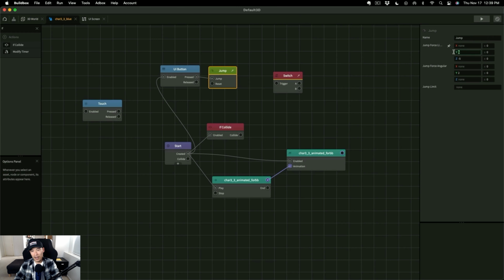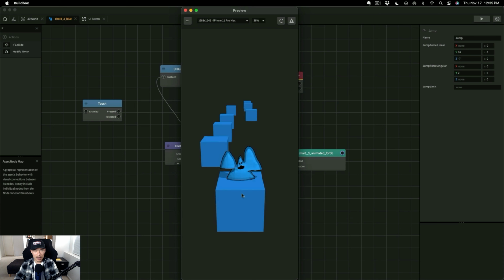So I changed the 5 to a 10 in the y-axis for the jump force linear, the -5 to a -7 in the z-axis for the jump force linear. Press play, tap again on the left side. Our character just flies super far. That looks pretty cool. It's like we're throwing the ghost character across the screen, trying to land onto one of